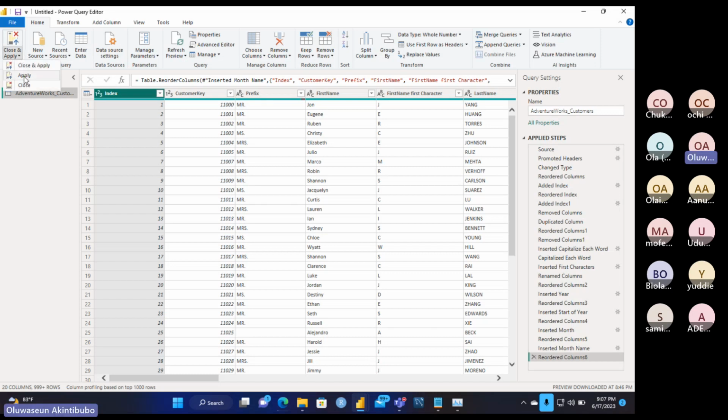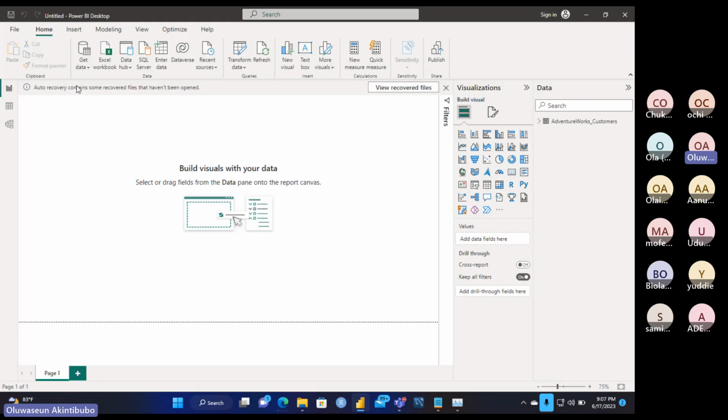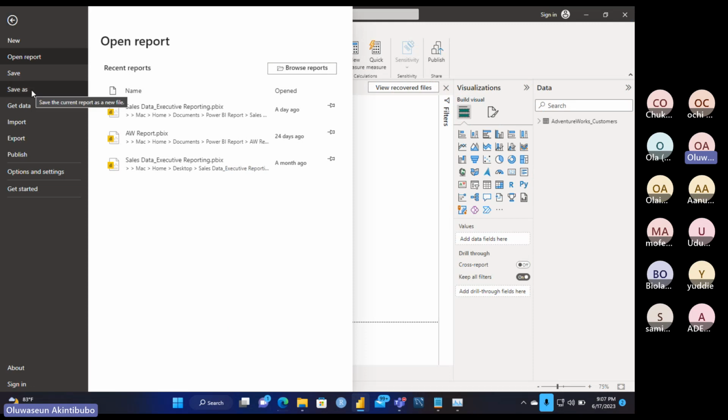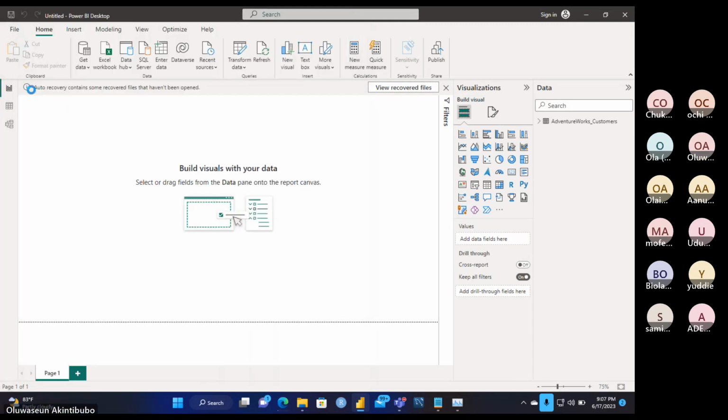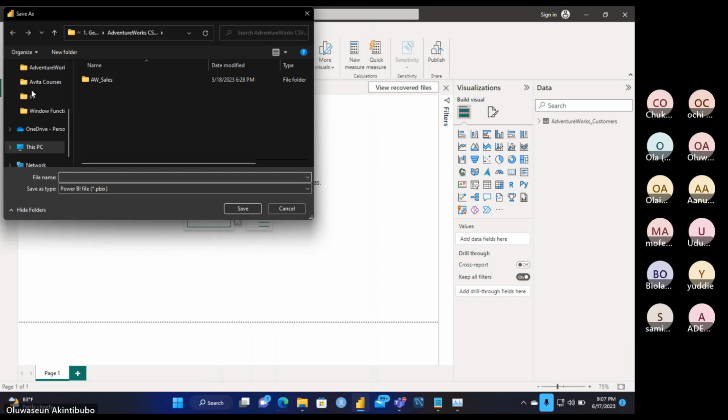Awesome. All right. Having done that, now you want to save. Go to File, and click on Save As. Give your file a name. Power BI files are saved as .pbix.